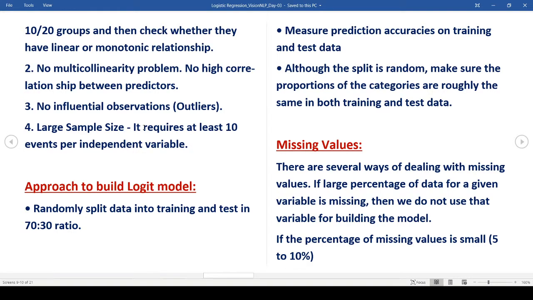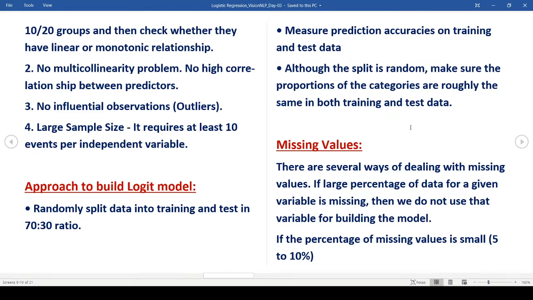Yeah. So now the thing is how we approach building a logistic model. As you know, generally we read our data set, then we do a lot of data manipulation and data pre-processing, and a few data visualizations. Then after that we build our model. Before building our model, what exactly do we do? We randomly split the data into training and test, let's say in a 70 and 30 ratio, and measure prediction accuracy on training and test data. Here the error proportion should be roughly the same in training and test,